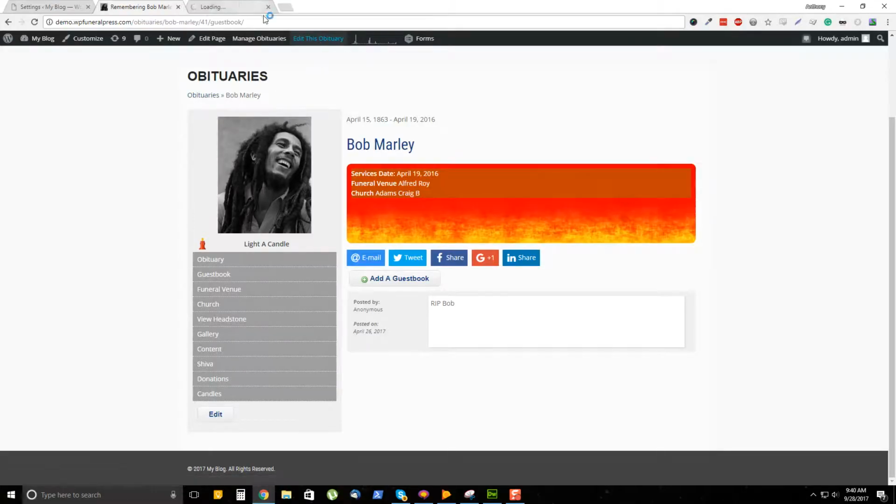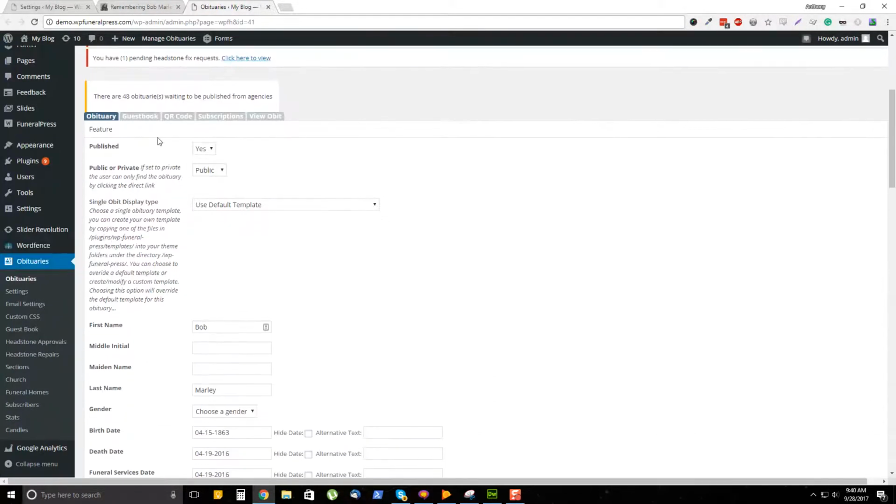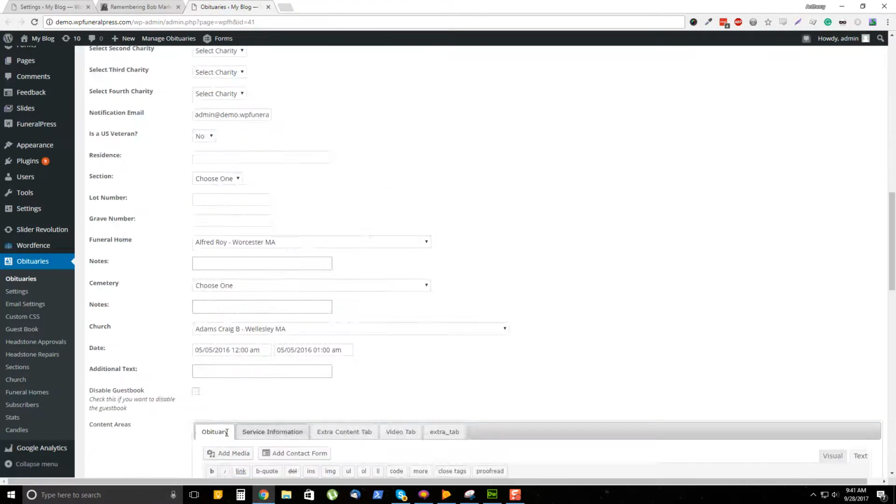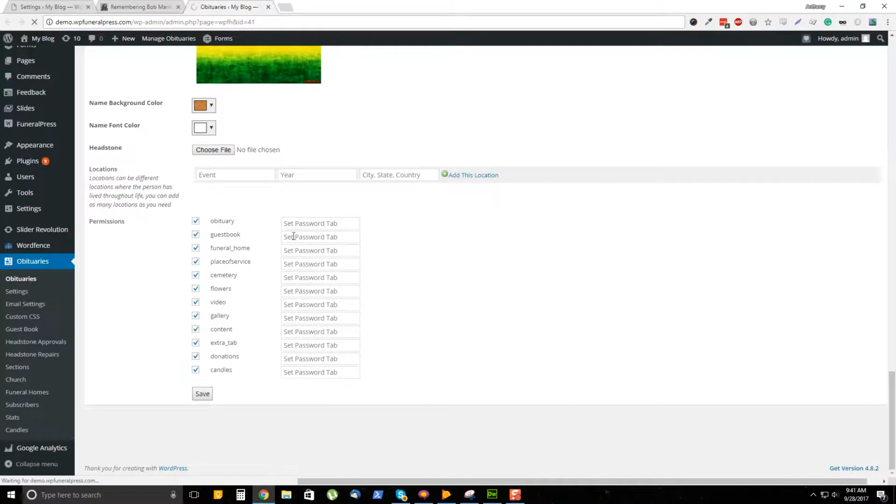So let's edit Bob Marley. Since this is a specific template just for him, we can go ahead in the obituary and change this template out. And you can do the same thing. You can change out a default template or whatever you want to do. Or if, say, you had 10 different templates you wanted to use, like a veterans template, different types of templates you wanted to create, those would all show up here as long as you uploaded them in your theme folder. And so let's select this one, save,